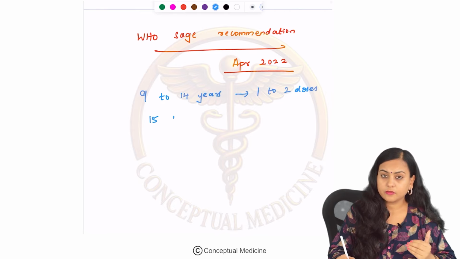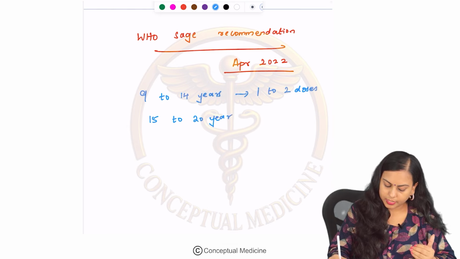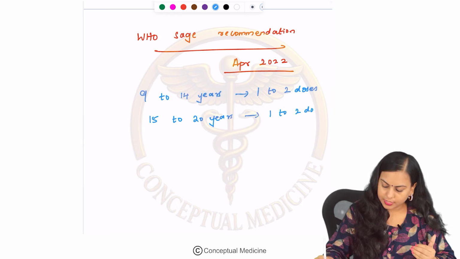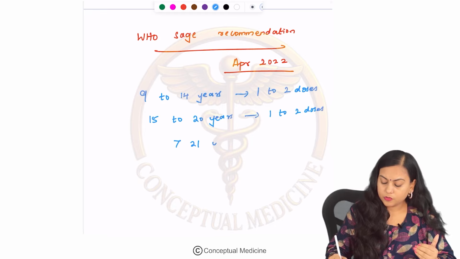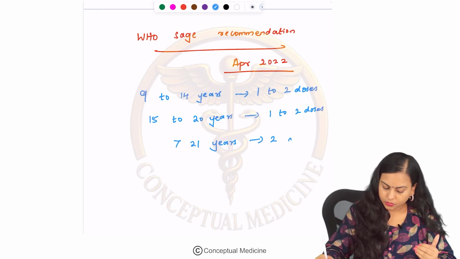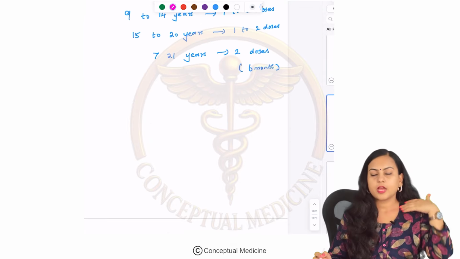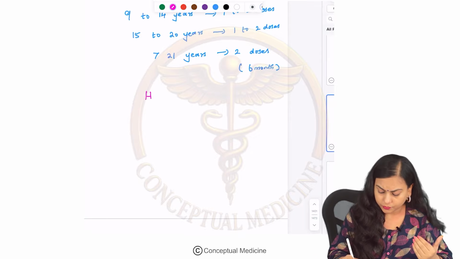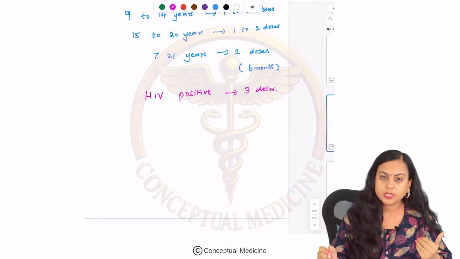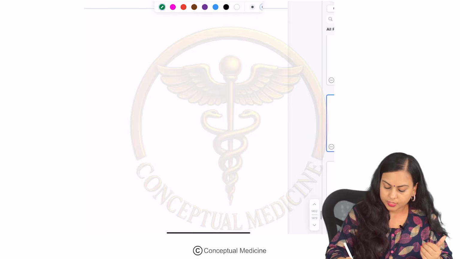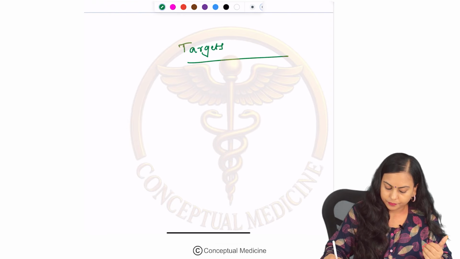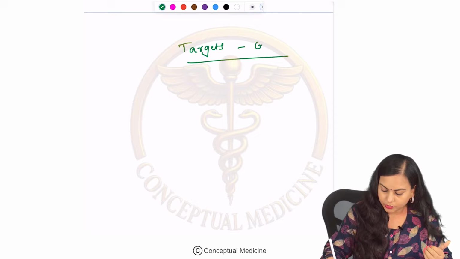If the patient is between 15 to 20 years, then you will give 1 to 2 doses again. If the patient is above 21 years, you have to give 2 doses with a 6-month interval. And if the patient is HIV positive, you will give 3 doses, right? There are also some targets planned by WHO, the WHO Global Strategy to be achieved by